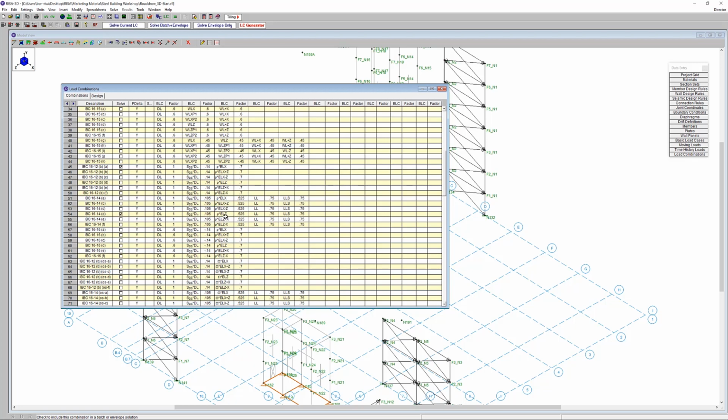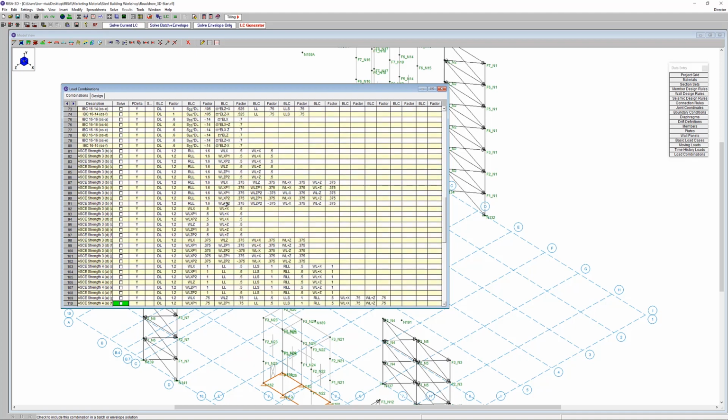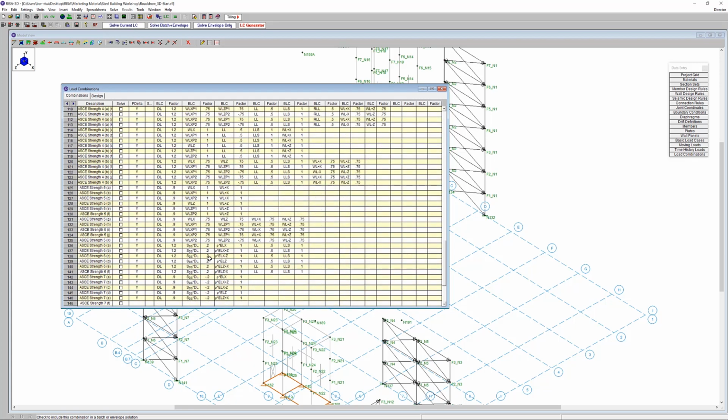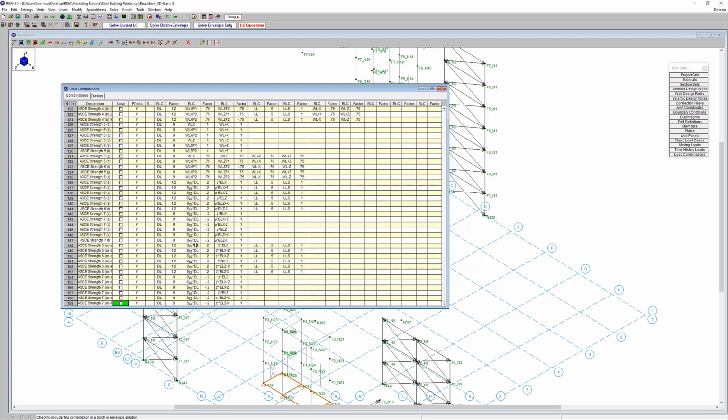And then we need to choose some for concrete design. So let's get down here in the strength design and let's say, okay, let's choose 88. And so that has what, X direction and Z direction. And let's choose one that has kind of the opposite here. So let's choose 98. And then we need to get some seismic combinations. So let's go ahead and choose seismic for 148. And then, so that has X direction specifically, and then let's choose something that has Z direction, so